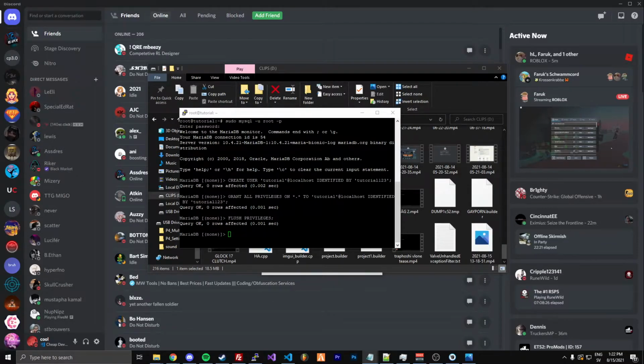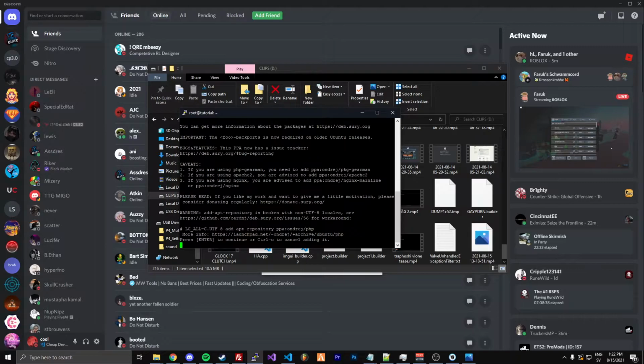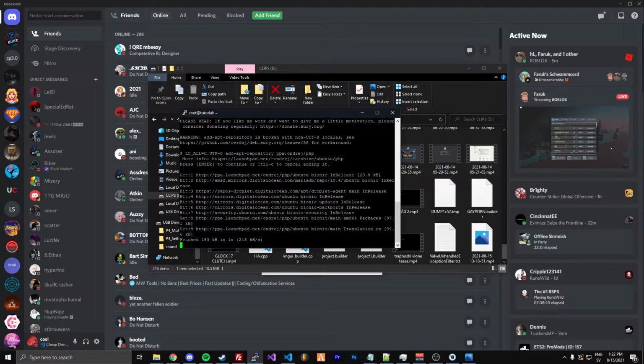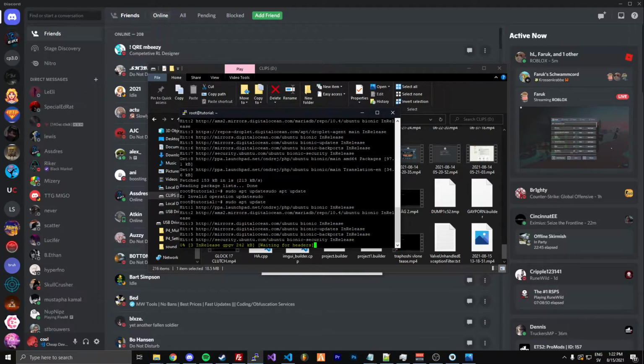Okay, first off, we gotta exit this. It's clear, and then you want to add this command, which is just for the PuTTY basically. Okay, once that's done, you can do an update command again,